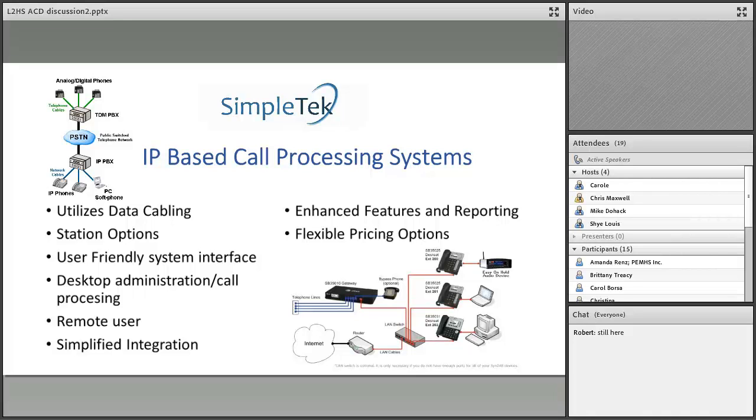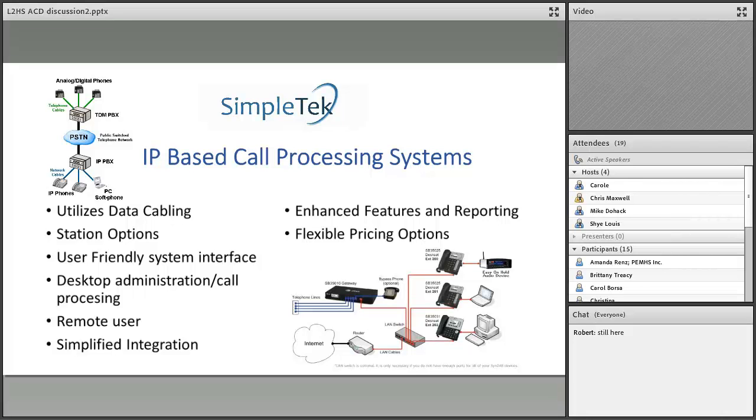Features are more robust and pricing is flexible. Where it once was $1,000 a station on average, because of the ability to use soft phones as well as hard phones, as well as mobile phones, you're not buying as much station equipment.